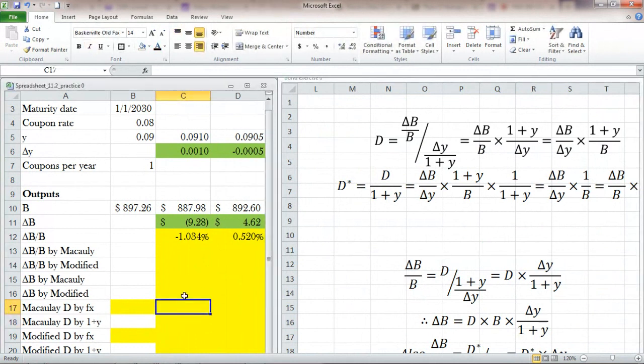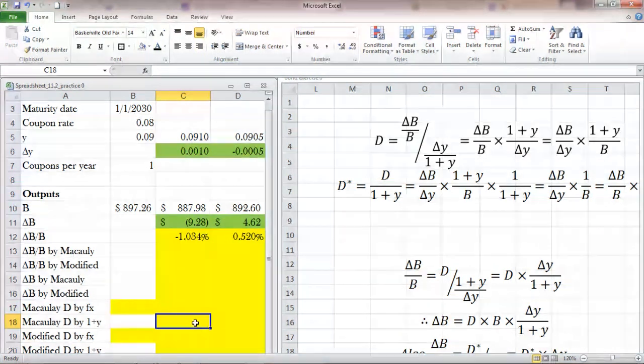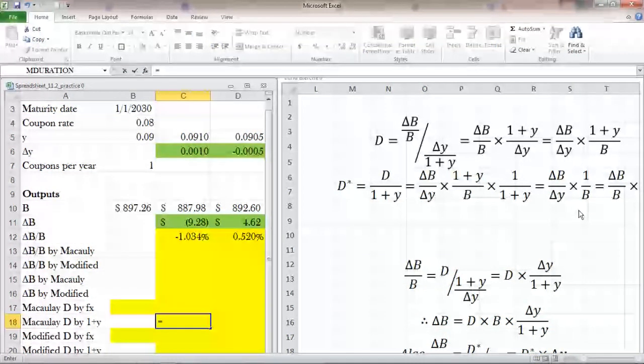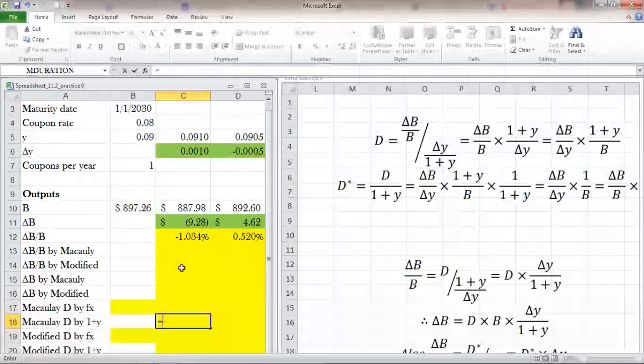It should be here. So it is change in B over B, right? Which is this, the percentage change in bond price